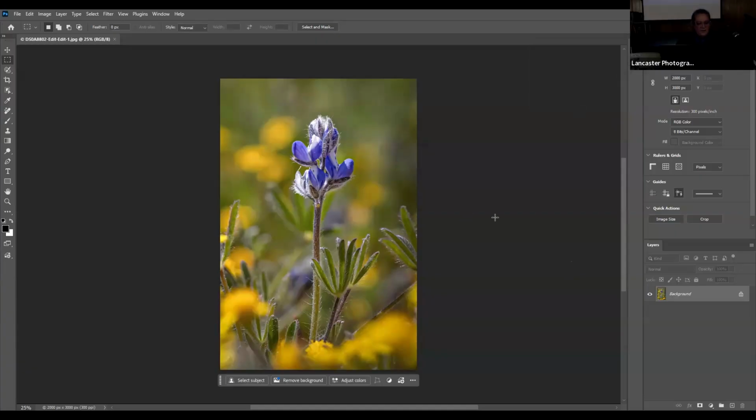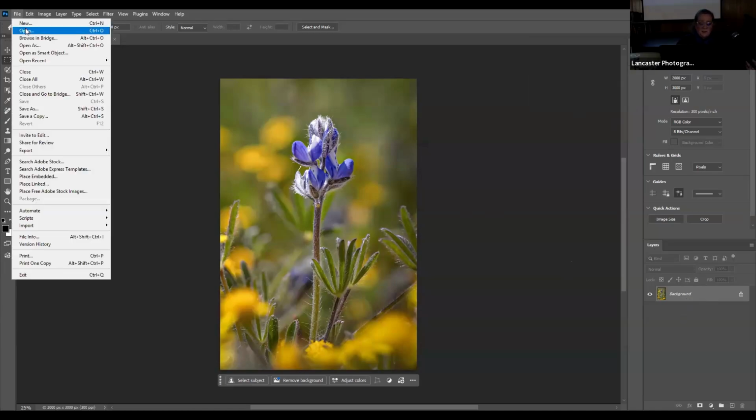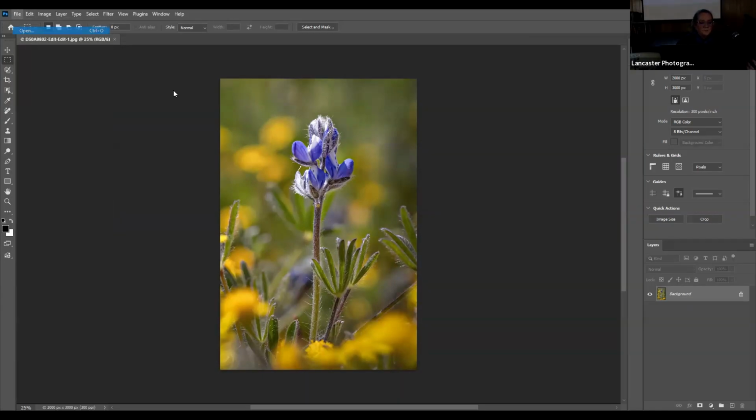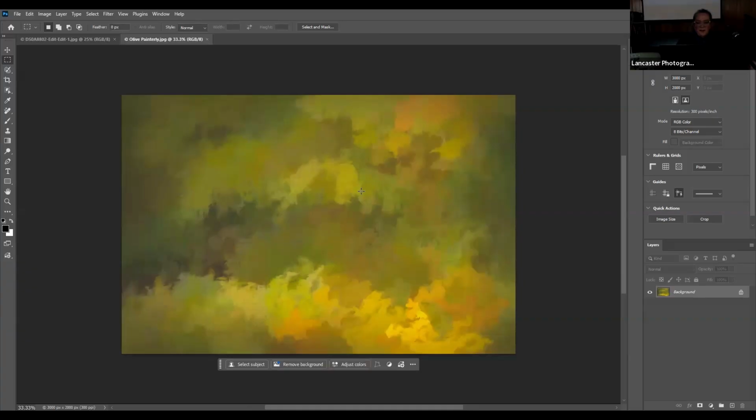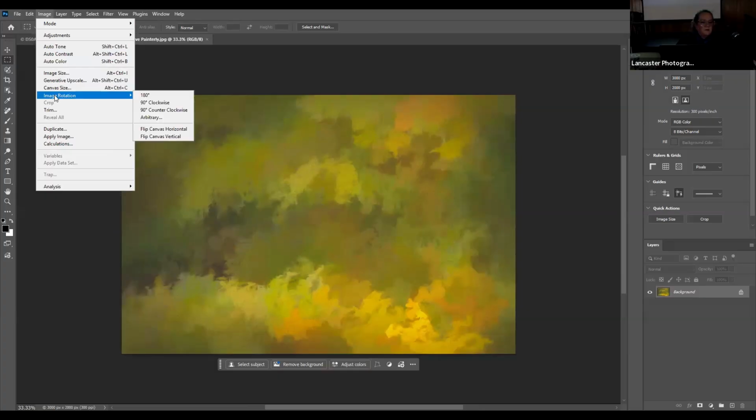Okay, so this is the original picture. It is in its own background layer over here, and each layer will show up on top of this background layer. So I'm going to open the first texture. I'm going to use 2 textures on this one that I actually made. The first one, I'm going to do this one. And it is the wrong configuration. It's going horizontal instead of vertical. So I can go up here to image, up here at the top, and if I go to image rotation,